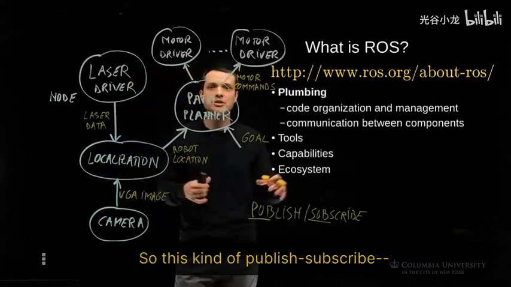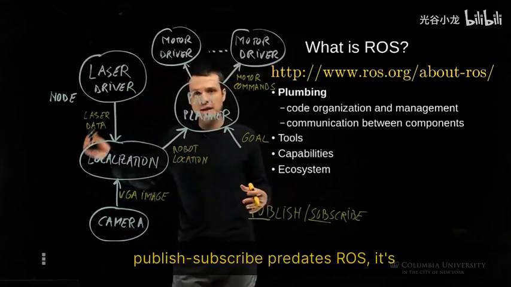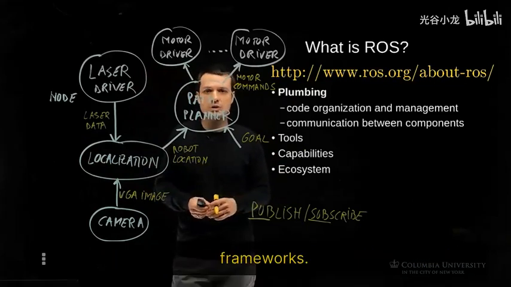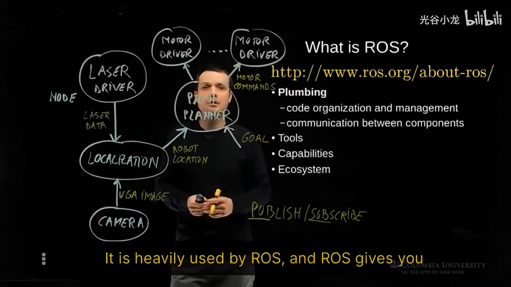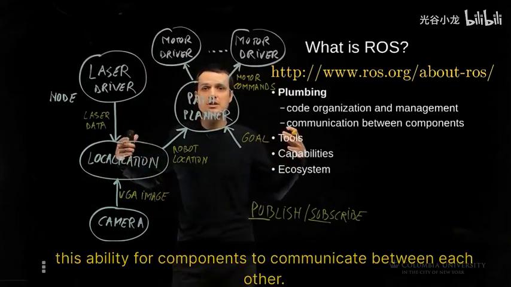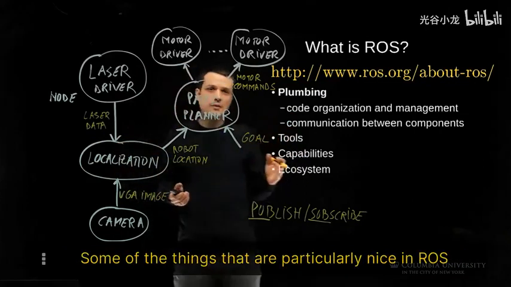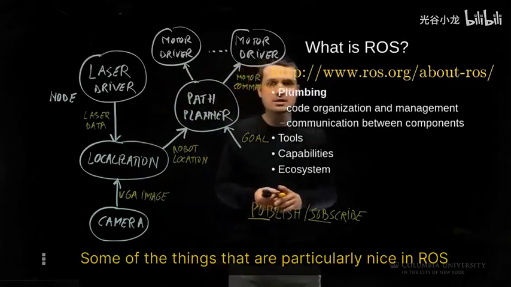This kind of publish-subscribe predates ROS. It's a model that's much, much older and used in many other software frameworks. It is heavily used by ROS, and ROS gives you this ability for components to communicate between each other. Some of the things that are particularly nice in ROS is that,